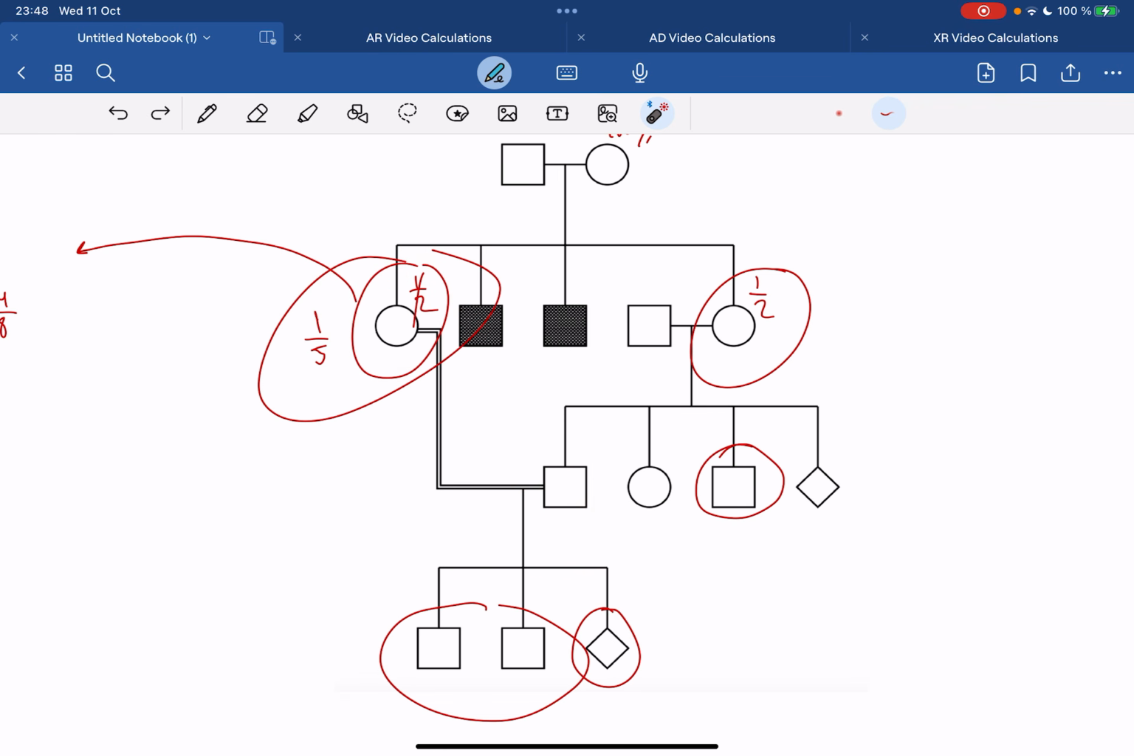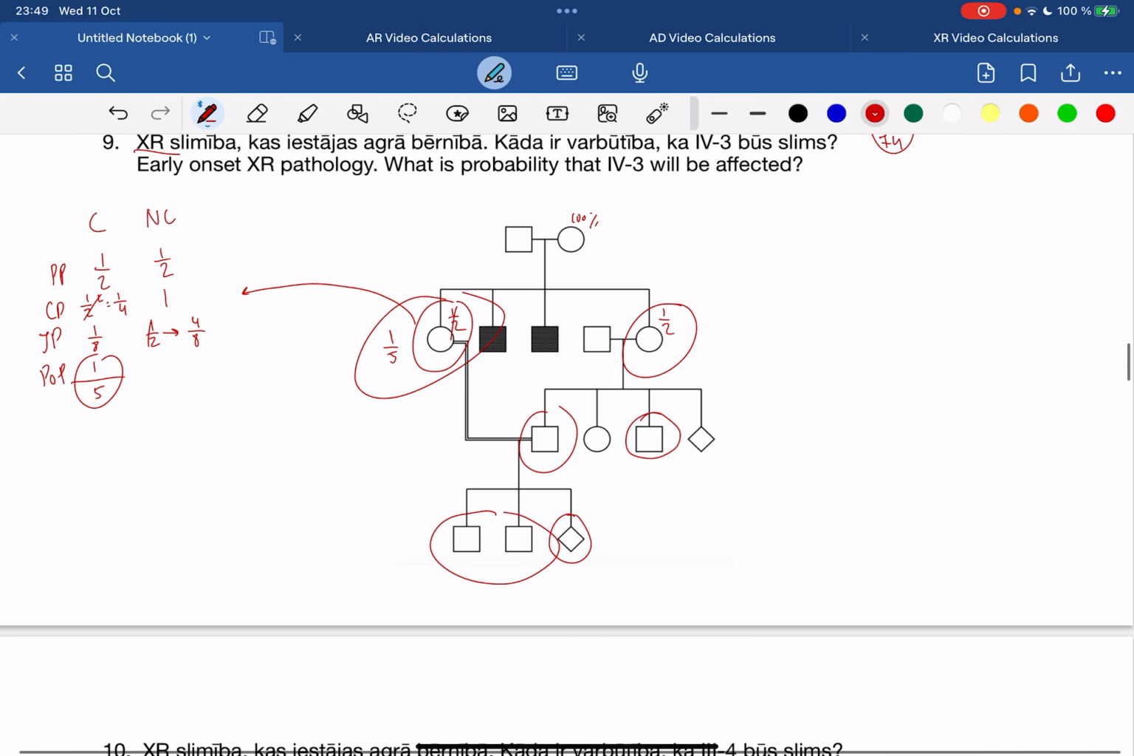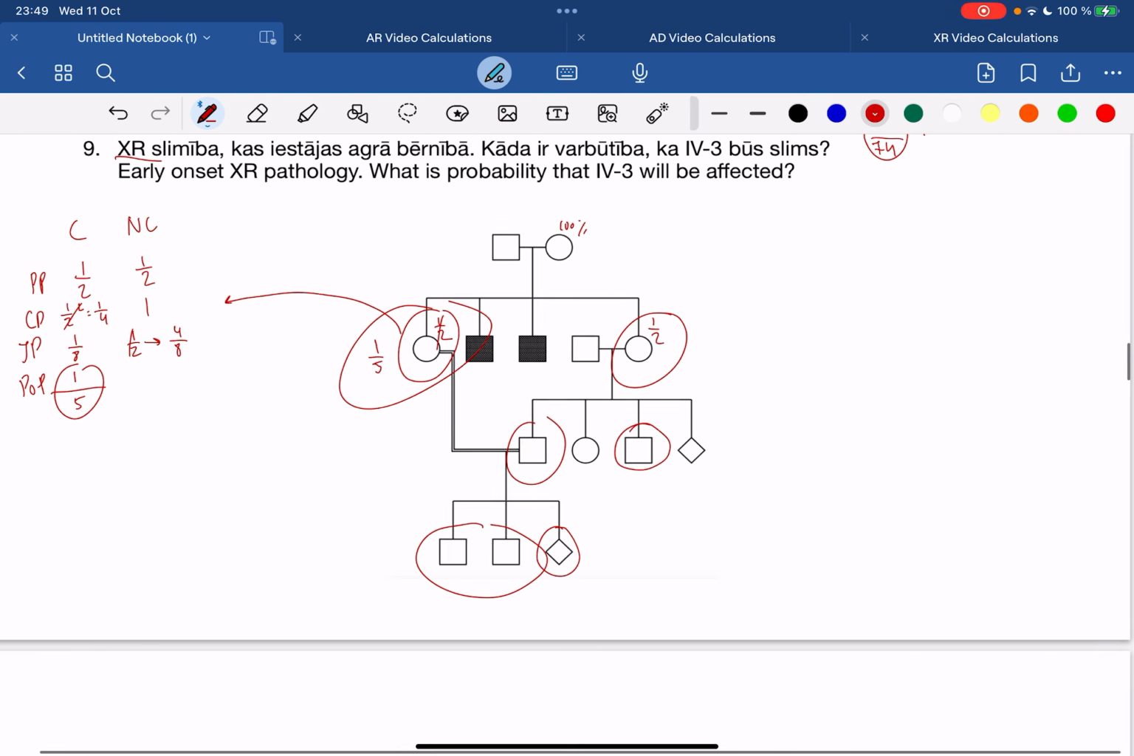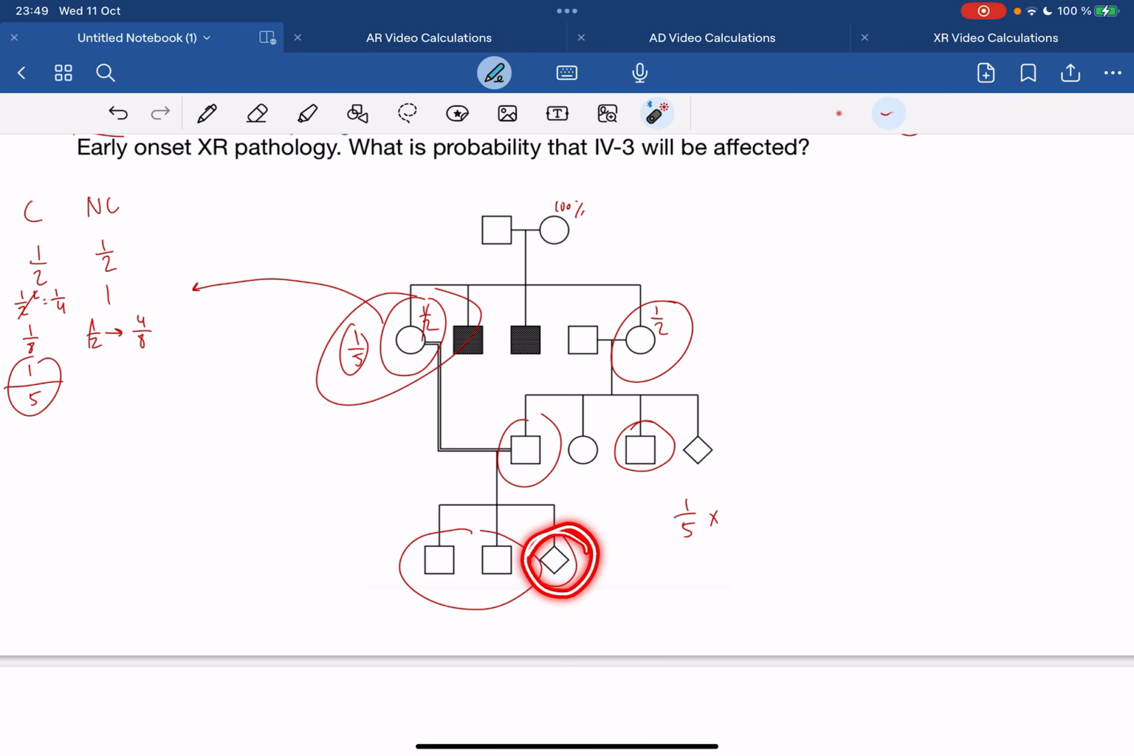However, if the father is unaffected, what is the chance for him to give his son a sick allele? Even if he was affected, what is the chance for him to give his son a sick allele? 0%, because the only sex chromosome he will give him is the Y chromosome, which we are not dealing with on an XR recessive pathology. So that's why immediately we know the mom and we times it by the chance for this child to be